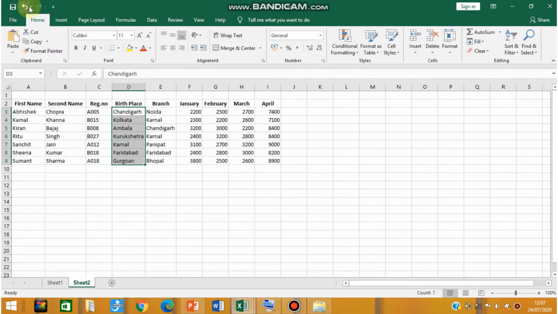Then click on the home tab. Okay, and then click on the clear option from the editing group. This is the home tab. Now in this home tab at the end you will find one editing section. Fine. Now in this editing section you will see an option called clear. Now click on that clear option and a drop down list appears.